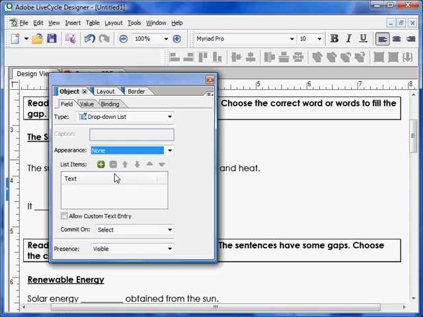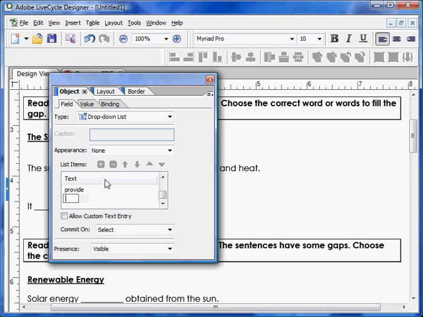I'm now going to put in my choices, which is the list items here, where I can enter my options. If I click on the add button, I can type in the words that the students can select to complete the sentence. So the words I'm going to do are provides, and I press enter. To go to the next word, was providing, press enter, and then providing, press enter, and then provide, and press